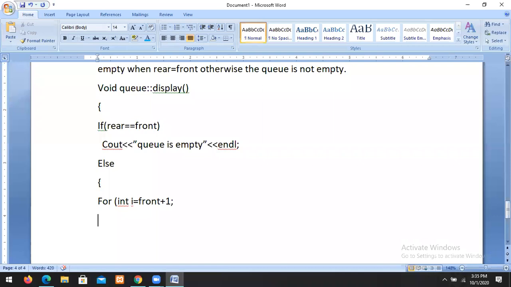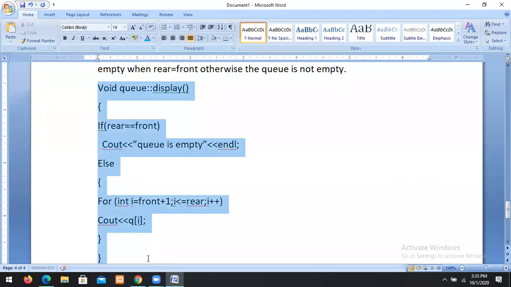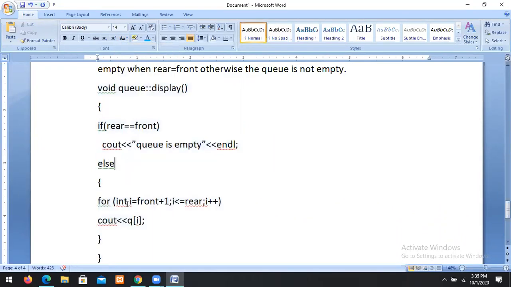So int i equals front plus 1; i less than or equal to rear; i plus plus; cout q of i. This is the method we are using.